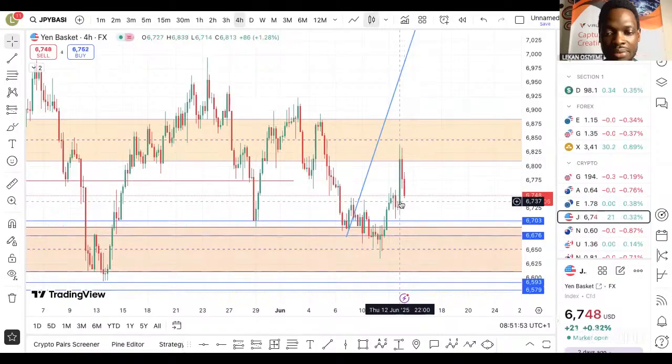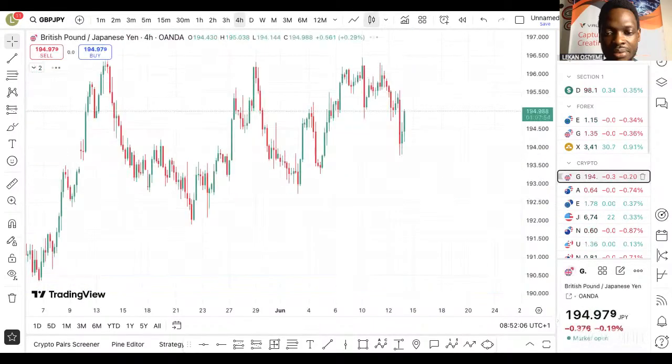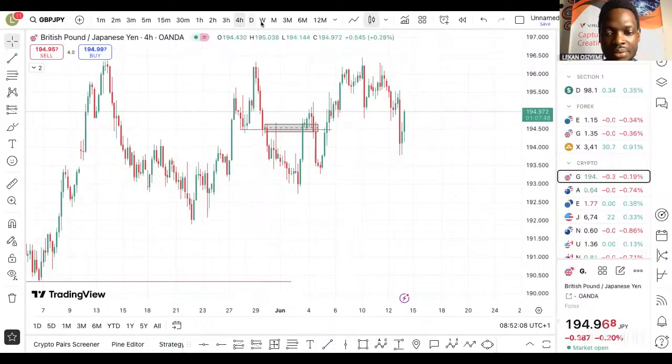You see the order block here, and we have still seen the buy of the yen basket. That is simply telling us that for the GBP JPY and the other yen correlated pairs, we should see some level of sell on them. But let's look at them particularly